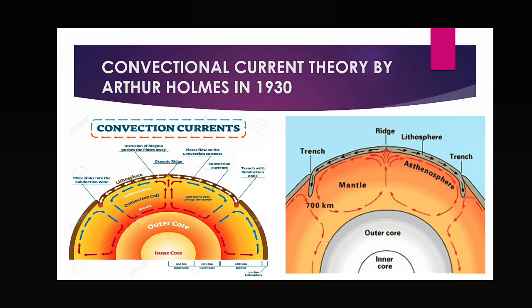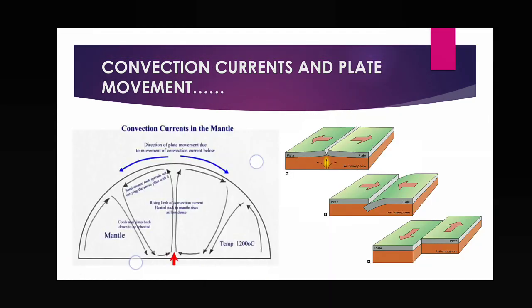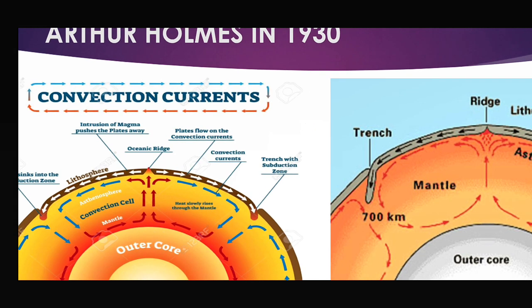Otherwise it will take two directions, the right hand side direction and the left hand side direction. Then take a look, the color is changed, the blue color arrow sign is given. So what does the blue color arrow sign mean? That is cooler current, cooler than the red one. So when they become cool, they start to move downward. That type of circular movement is going on in the asthenosphere, in the mantle, and that is happening due to the decay of the radioactive elements.